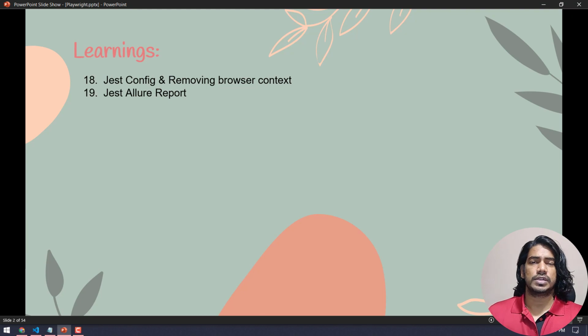Today we are going to learn about the reporters. We are going to integrate the Jest Allure report in our Playwright. Okay, so reporting, of course, if you are in automation, you know the importance of reporters. So I'm not going to say what is the importance of a report or why you should have all those in your framework. Basically we are just going to see how the reporter should be integrated in Playwright and a few of the configurations from the Jest side. Okay, so let's go and start it.